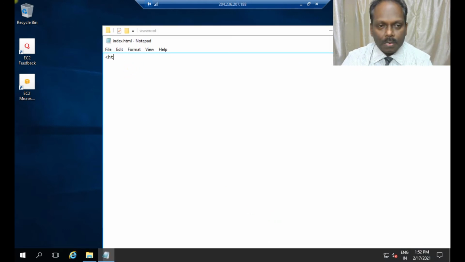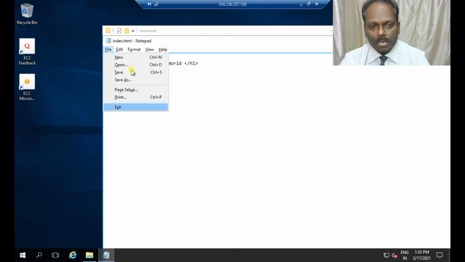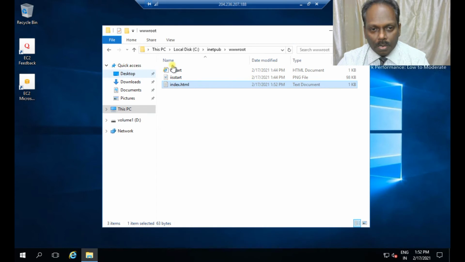Here html, and you can say h1 or align equal to center, and mention hello world /h1. This is the heading, and I can say horizontal ruler. You can say break. That's enough. And the file save. Done.